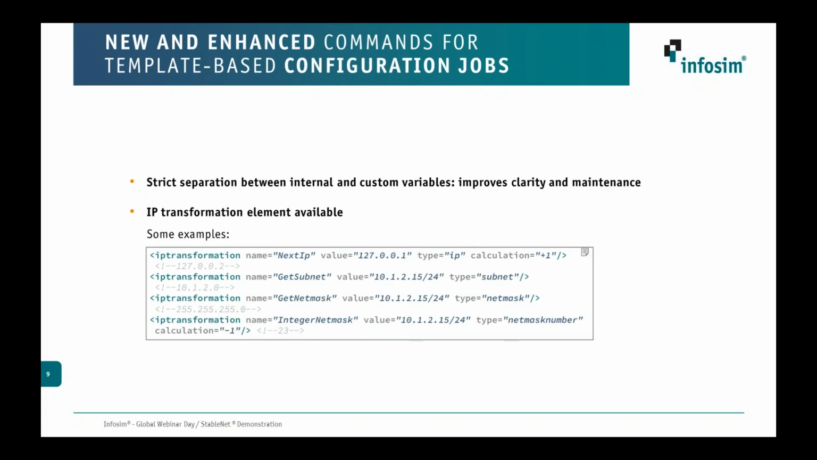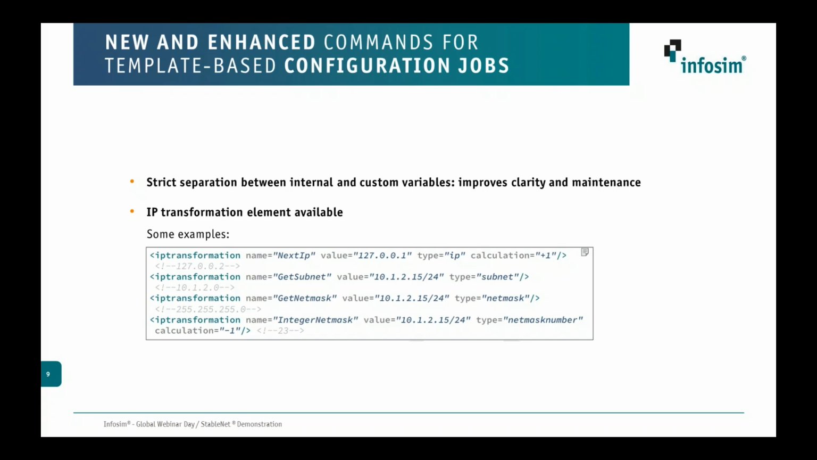So if you have an IP address and you want to know the next valid IP address based on this, you can easily use this IP transformation element with the calculation of +1, and then you get from 127.0.0.1 to 127.0.0.2. If you want to get a subnet out of a network definition and you have